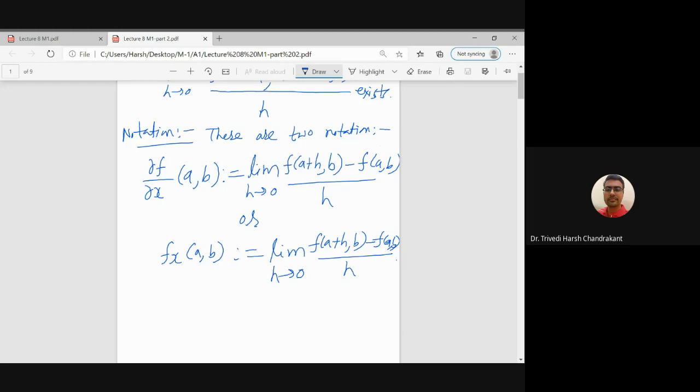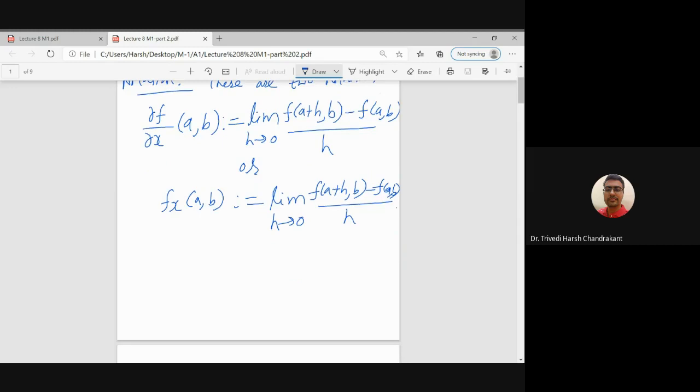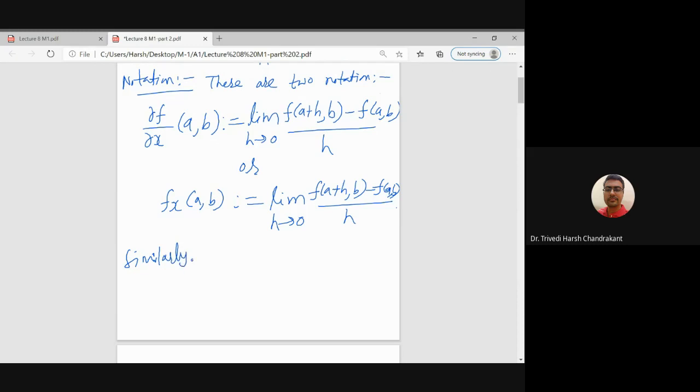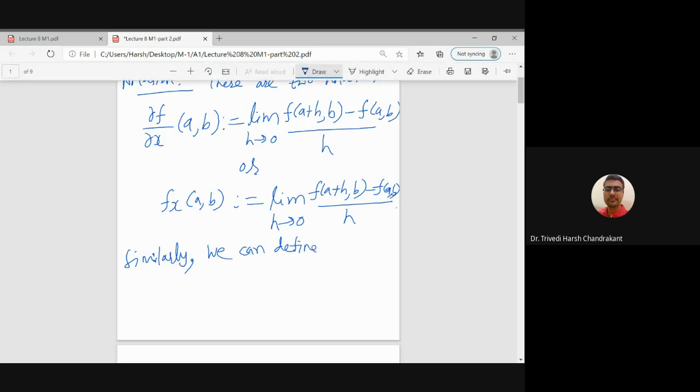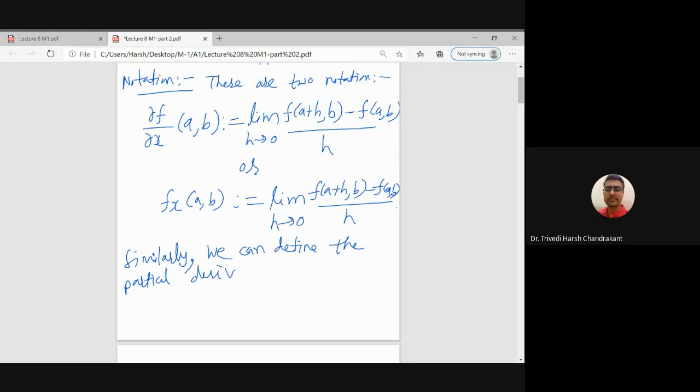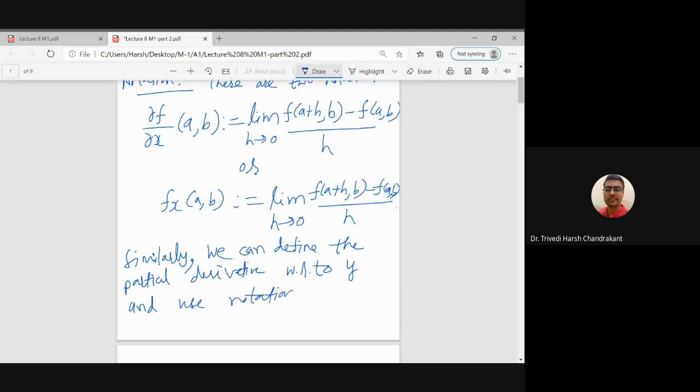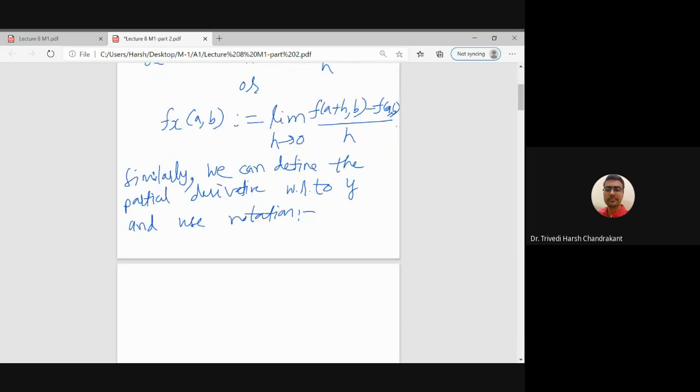So similarly, this is a notation for f x. Similarly, we will use the notation for the second variable. So similarly, we can define the partial derivative with respect to the other variable, and we'll use the notation f y at a b equals to